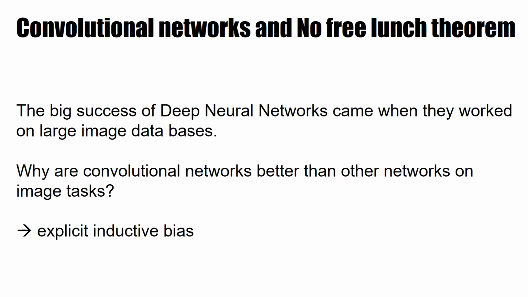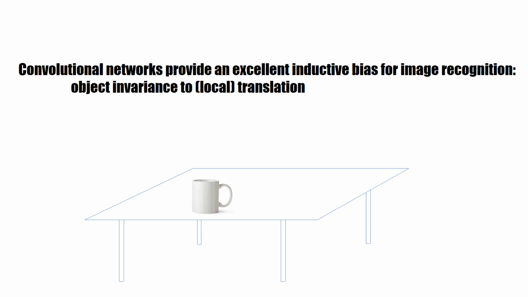So why are convolutional networks better than other networks on image tasks? And the answer is there's a rather explicit inductive bias in the convolutional structure. What is this bias? Well, the bias is an invariance to a local translation. Here on the table we have a coffee cup, and we want to classify it as a coffee cup, and it remains a coffee cup whether it sits here or whether it stands there. So this translation invariance